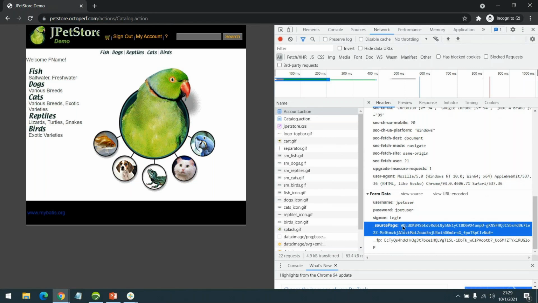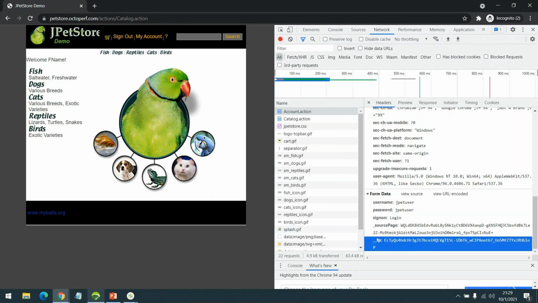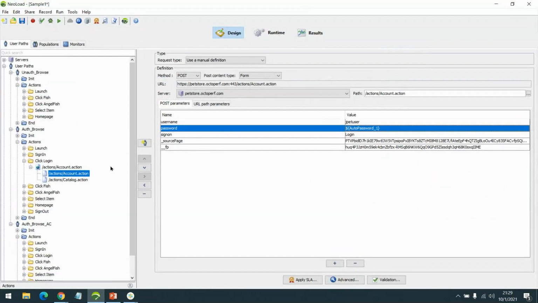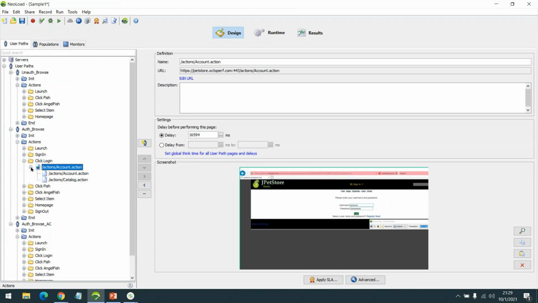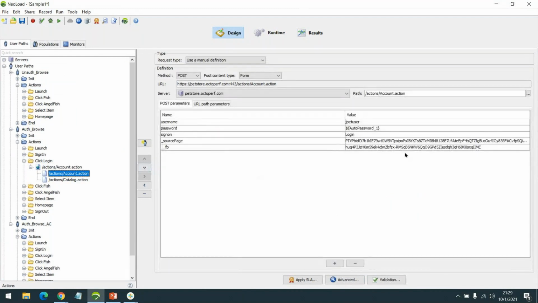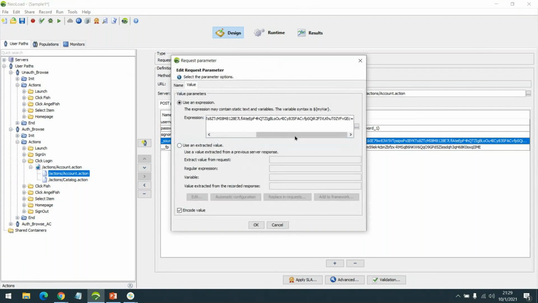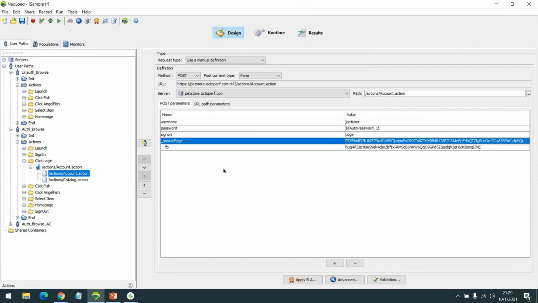One thing is we have to identify where this value is getting generated. Let me demonstrate how this can be identified. I'm just simply opening it, and I copy this entire dynamic variable, and then I use the flag.